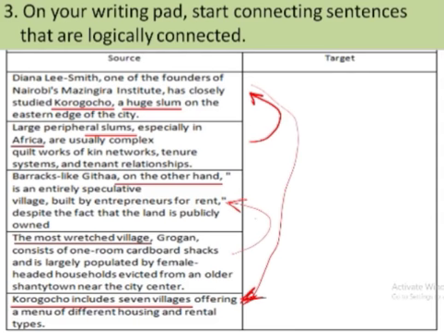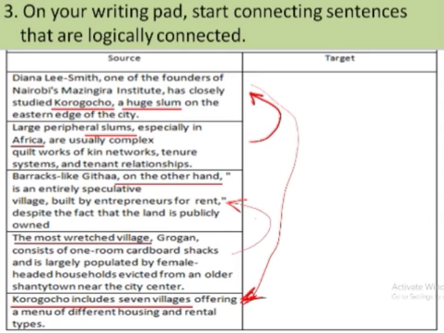message here. Similarly, as we had already identified, in the third sentence it is "on the other hand." On the other hand tells us that this can't be before any other sentence, and it is an entirely separate village. Okay, so this is a village, and so there's another village that must be discussed before that. So if we go to the fourth sentence, they are saying the most wretched village, Grogan, whatever. So it also gives us a hint that the fourth sentence must come before the third sentence. Now we have